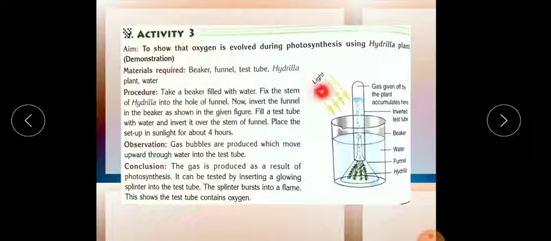So we can see that when light is falling on this plant, what will happen? Photolysis of water is going on, water is there, and it will release O2 gas. So water is there, chlorophyll pigment is there, all right, and we can add a pinch of sodium bicarbonate also, which is a chemical, into the water, so that it will release the CO2 gas. So like that, all the 4 conditions we have to provide, and then we can see the O2 gas. Okay, so this is activity number 3.